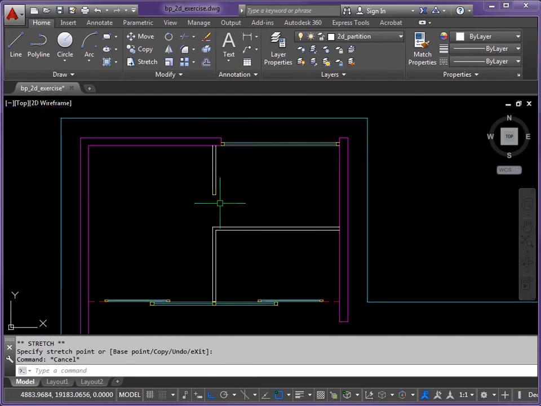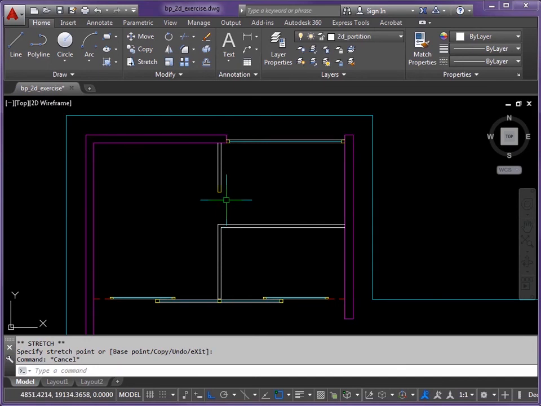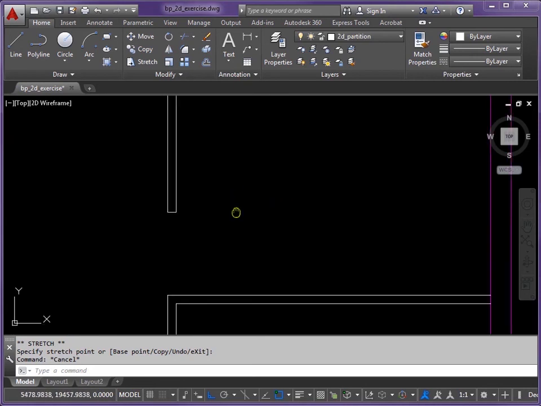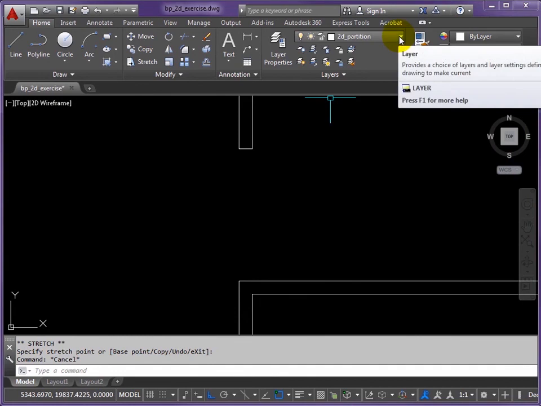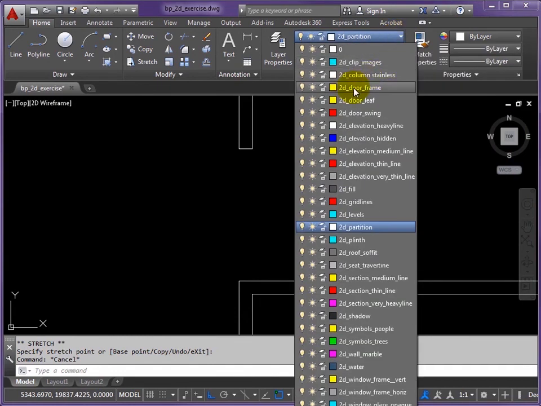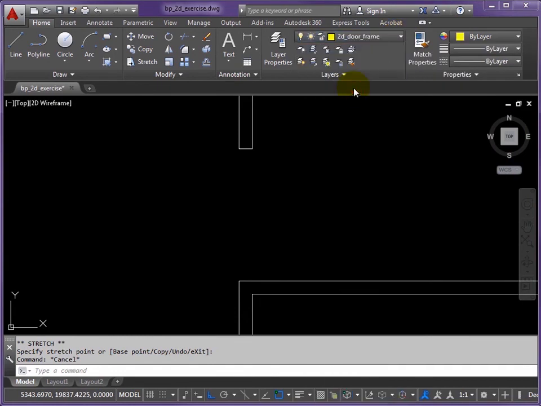Okay, so that's the partitions created and the gap for the doorway. We just need to make the actual door now. So a very simple, kind of standard architectural door. So let's get in close so we can see what we're doing. And firstly we'll start with the 2D door frame layer,